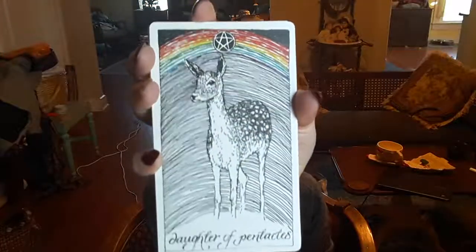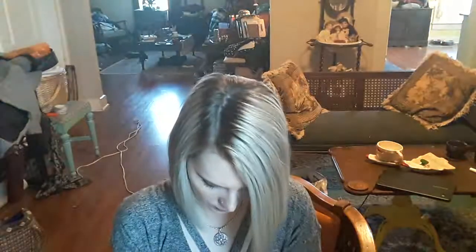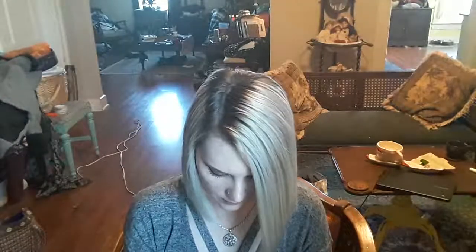Okay, so that is the Wild Unknown Tarot deck, which is gorgeous, and I can't wait to do readings with it for clients or just anybody that wants a reading, because I definitely want to work with this deck. It's beautiful. And I think that is all of the tarot decks that I have at this moment. I am going to be getting more. There's a lot more on my wish list, and I do have a couple oracle decks, but I think I'm